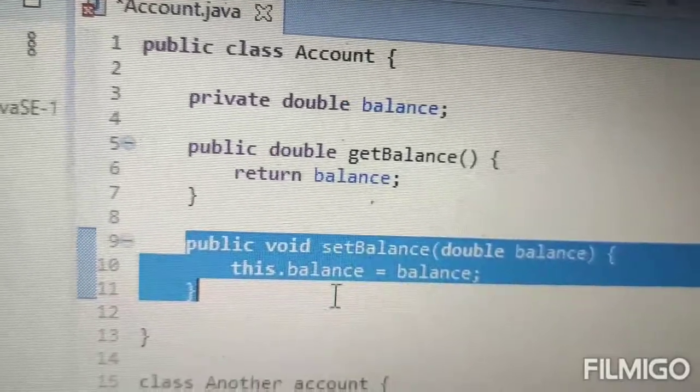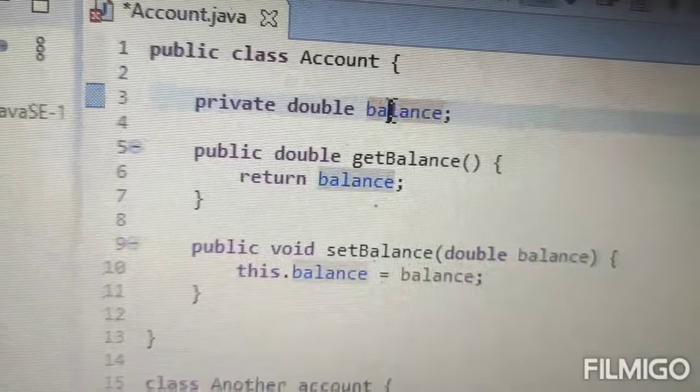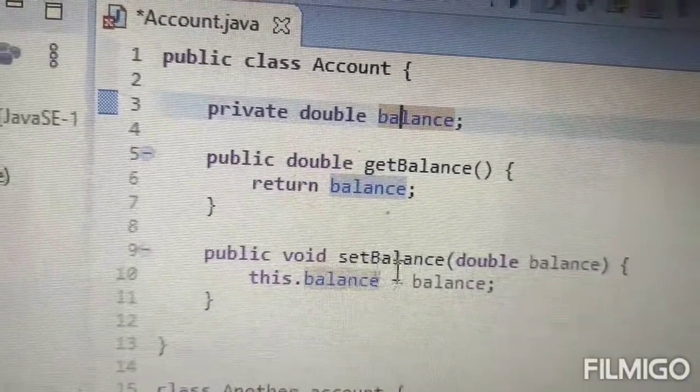So in short, it is accessing the private data member, which is accessible within its class only, so it is accessing it through the setBalance method.